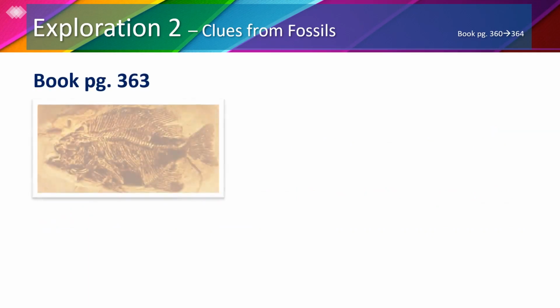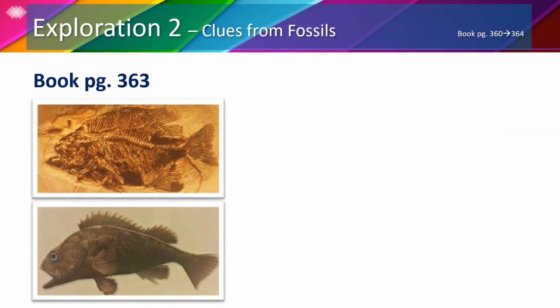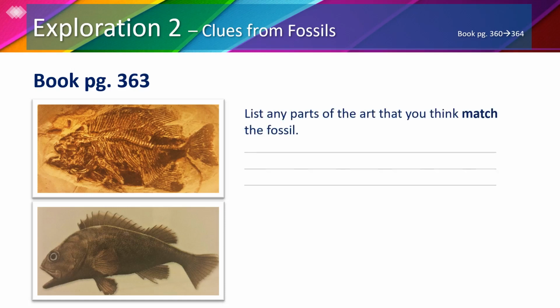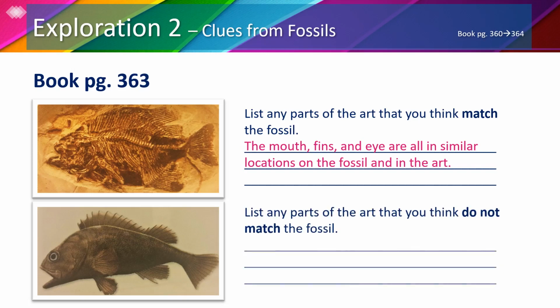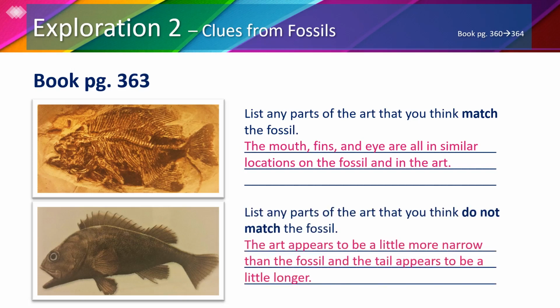On the next page in your books, an artist drew what the original organism may have looked like. Let's compare the images and tell how the art matches the fossil or not. First, let's list the parts that match. We can see that the mouth, fins, and eye are all in similar locations on the fossil and in the art. However, the art appears to be a little more narrow than the fossil, and the tail appears to